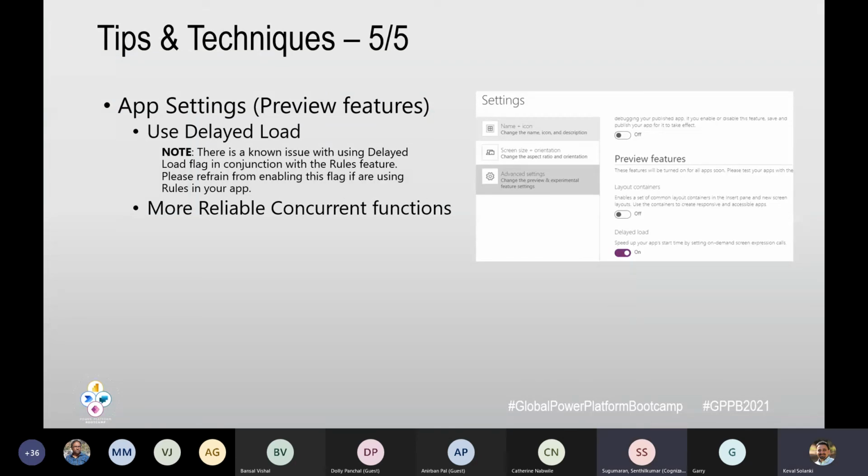Quick question, sorry. Is there any way that we can control the screens? For example, on start, only load these 3 screens. In an app with, let's say, 15 screens or so, is it possible to load screens partially? No, at least I don't know of any way where you can control that. But generally, for example, there is a screen 4.